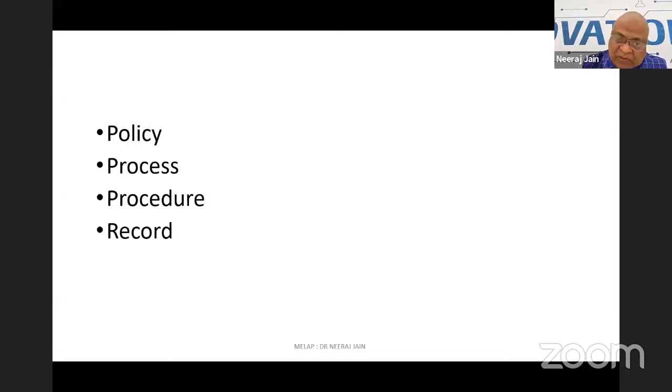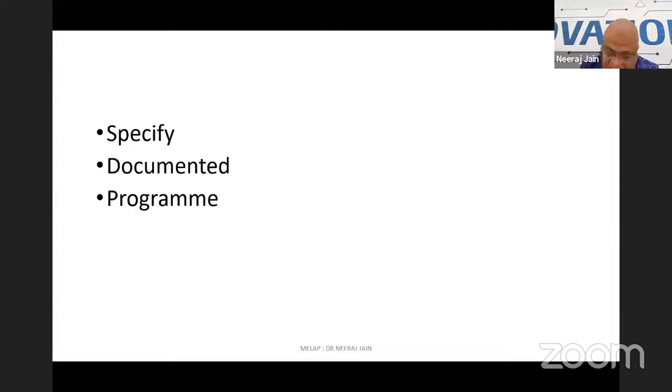At places, they are saying record is required. Record is evidence of implementation of some activity. In this new standard,